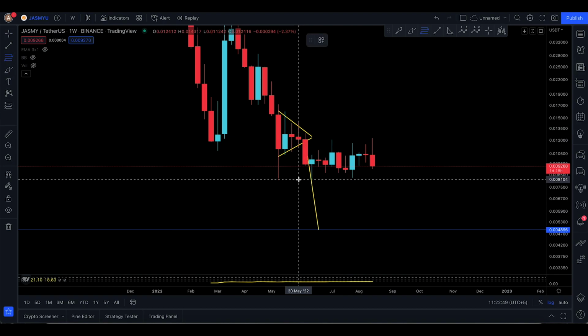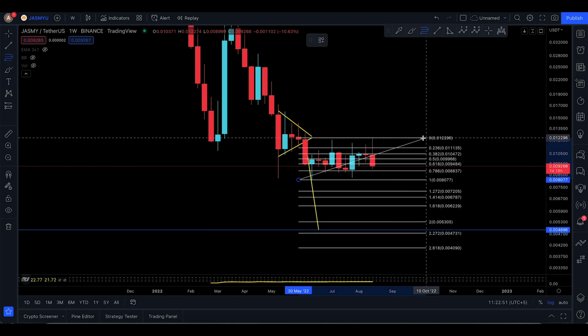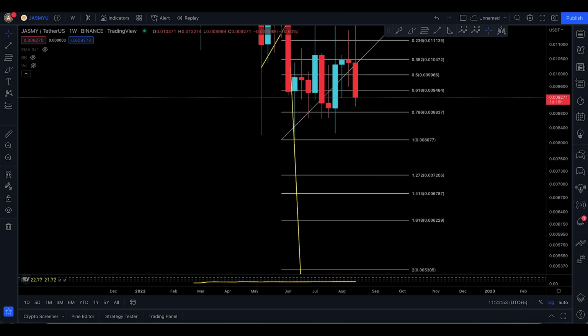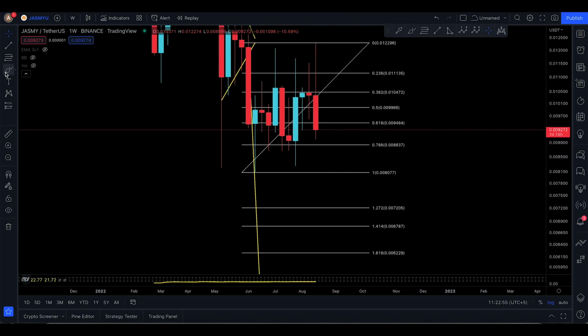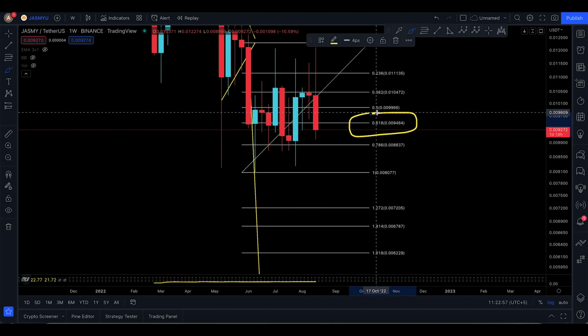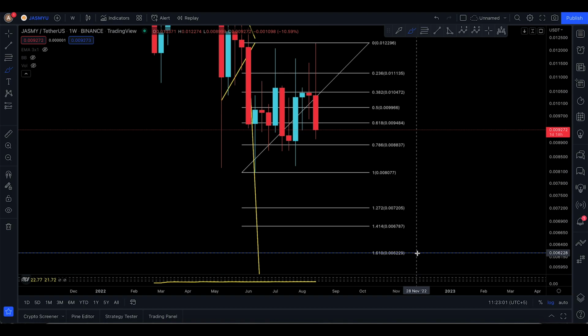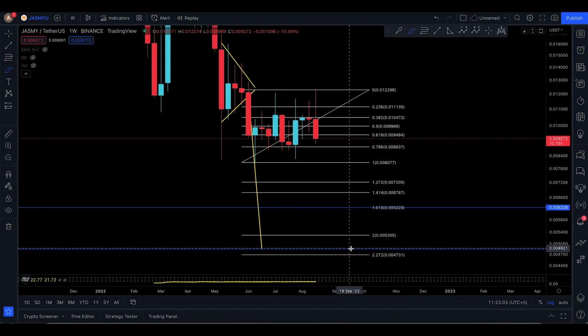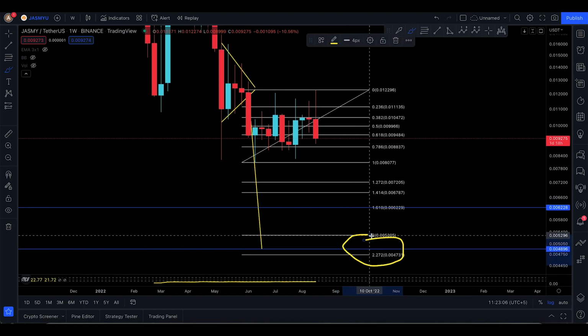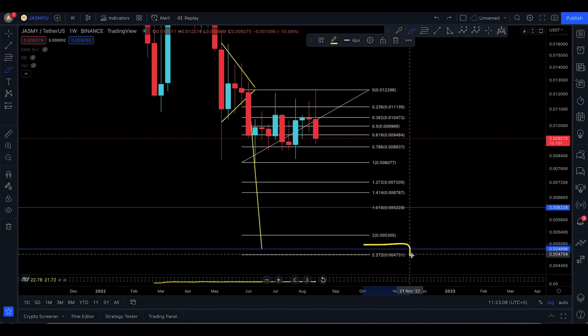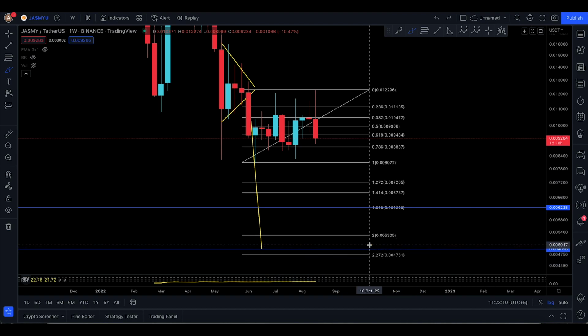Okay, now I do want to see the fib retracement, and I want to see if the reversal wave happens. Where are you going to go? Now right now you are losing the 0.618. The next technical target that you might actually bounce off is going to be 0.006, but keep in mind this is nonetheless your technical target, and that's actually the 2.272 of the fib retracement as well.